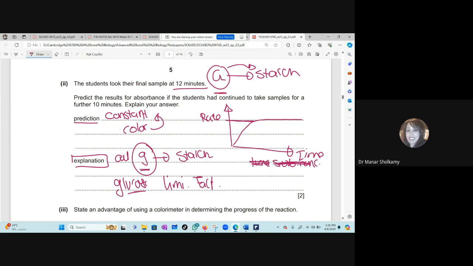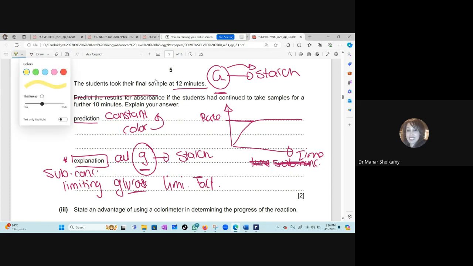When all the glucose is finished and converted to starch, there will be no more substrate to work on, and this will be my limiting factor. So the explanation, you can simply say, because all the substrate has been used up, you will take the grade even if you don't mention the limiting factor. But the substrate concentration here is the limiting factor. Clear? You all understand this question? Yes. Okay. In my opinion, this is a little bit tricky. So let me highlight it so that if you revise this exam,